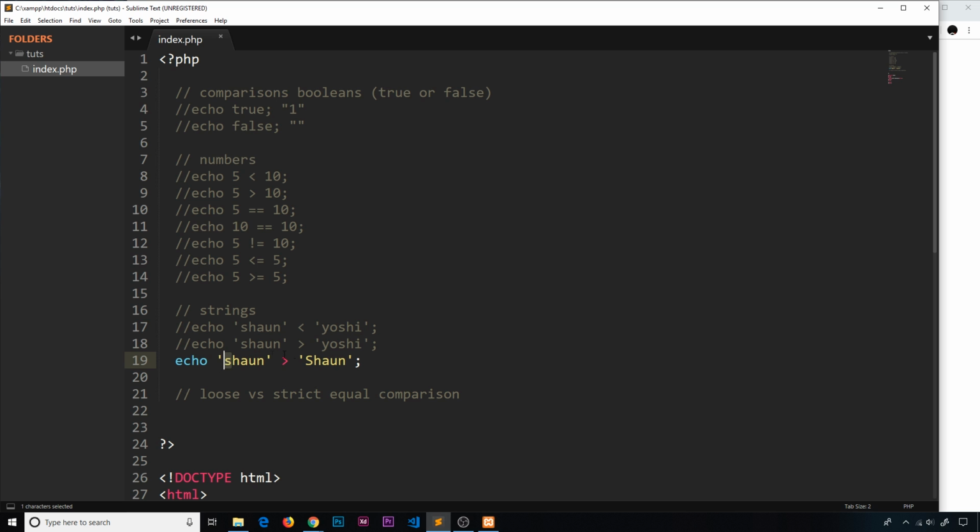So we're saying this is greater than this. So when we use an uppercase letter, it is seen as less than a lowercase letter. So this is more than this, okay? All right then, so next example, we'll say